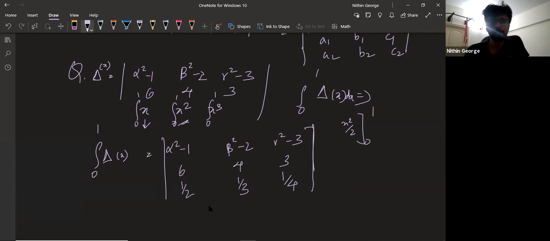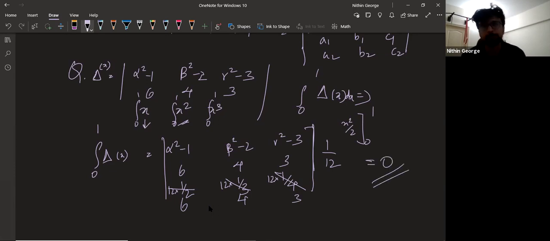So what I'll simply do now is multiply this last row by 12. If I multiply the last row by 12, it means outside I have to divide by 12. Right? I can bring a constant out of a row. That's the idea. So again, multiply and divide by 12, and then this becomes 6, this becomes 4, this becomes 3. You should basically notice that these two rows are proportional. One row is a multiple of the other. So directly you can say that this will come out to 0.